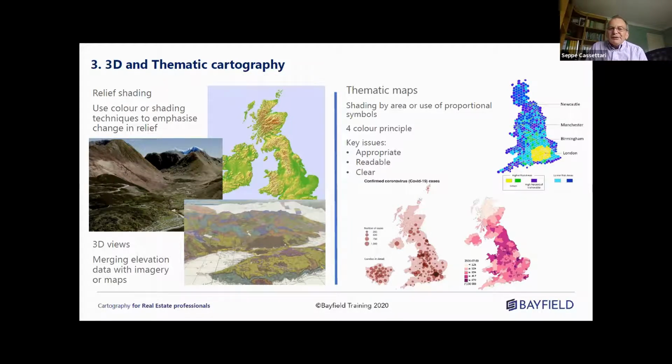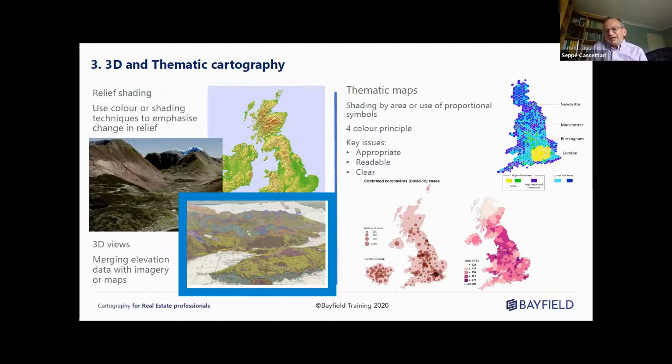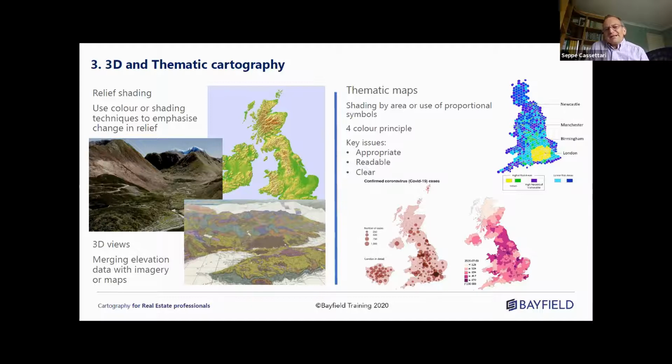You can use a 2-dimensional map and effectively depict it in a 2.5D format. The example here is a geological map that's draped over a terrain model, and it shows the relationship of rock to relief. This doesn't always work well, particularly if you're draping a map that's got a lot of text on it. Text doesn't necessarily work well in a draped form, so you have to think carefully about it.